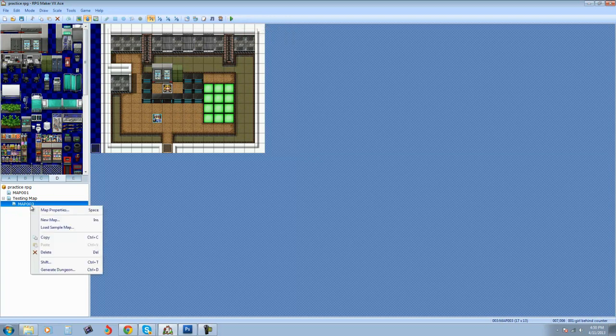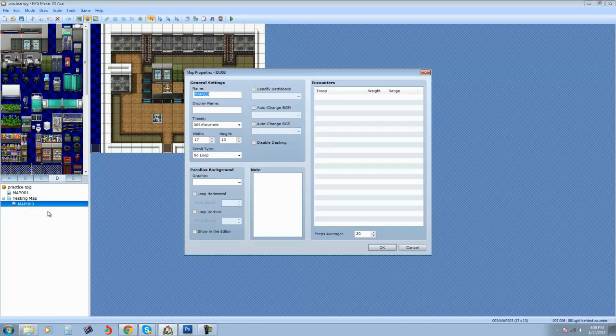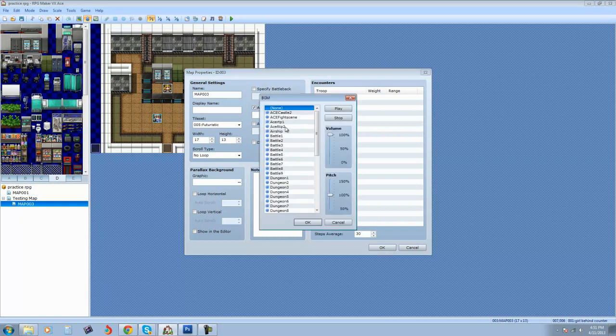Actually, you know what? We can do one more thing before we play test. Go to Map Properties, and you can go to Specify or Auto Change BGM. I'm going to auto change the background music, and you're going to pick a music that suits this room for you. Okay? I doubt any of those places are going to be good, but